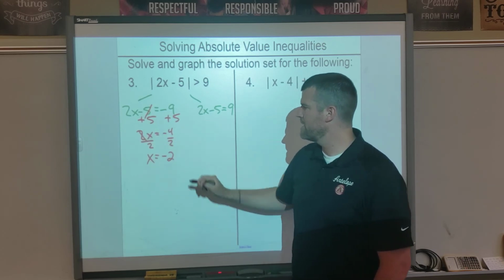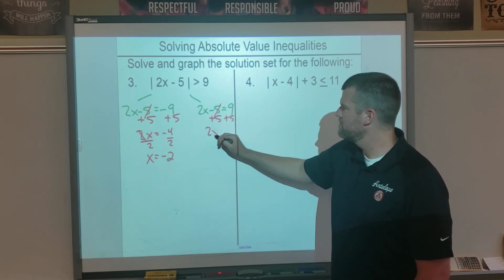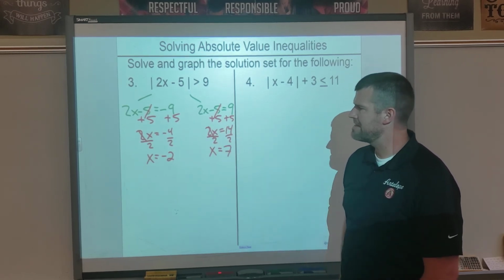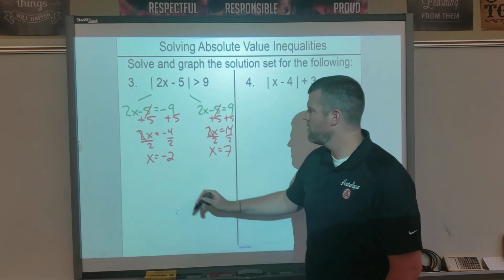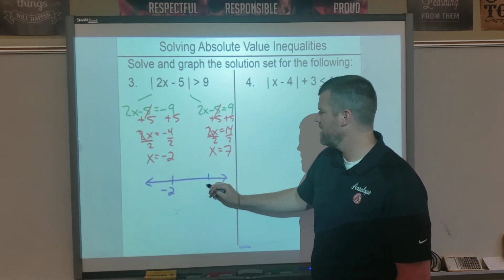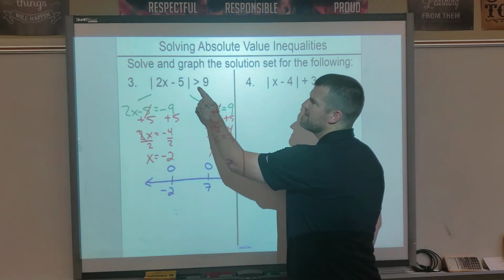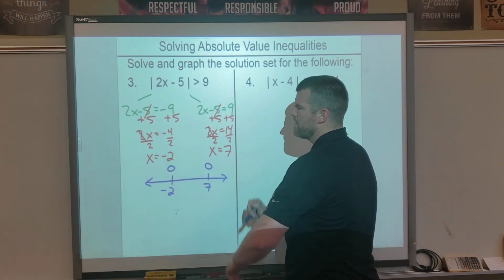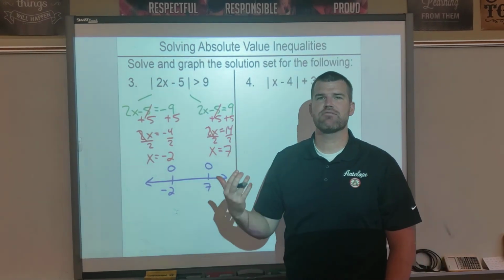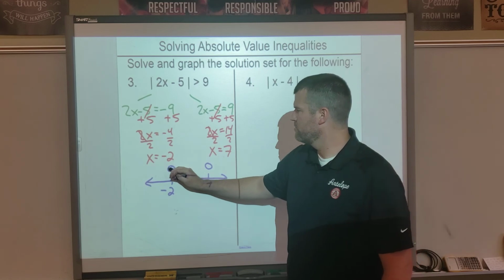One of my boundary points will be at -2. My second boundary point will be at +7. So when I go to draw my graph, I'm going to have one point at -2 and another point at +7. And then I go to my inequality and it is not equal to, so I will not shade in my boundary points. And this says that my absolute value is greater. My distance is more, it's greater. So to increase our distance, we get away. So we're going to go away from each other,